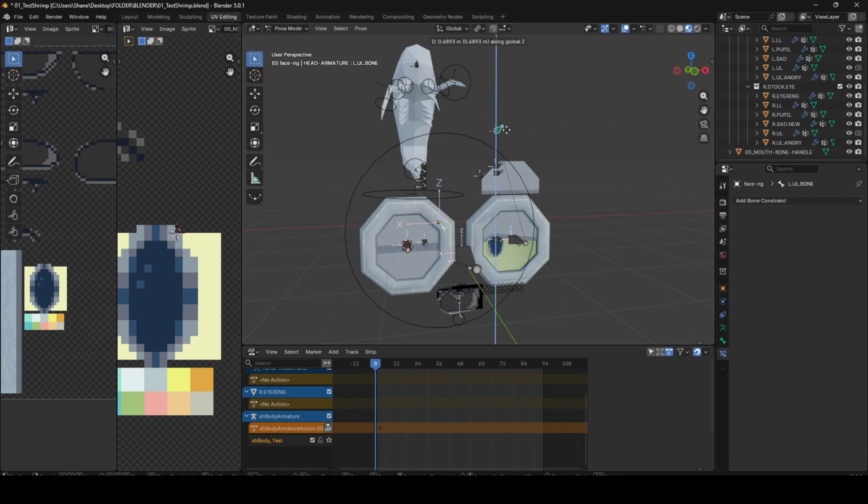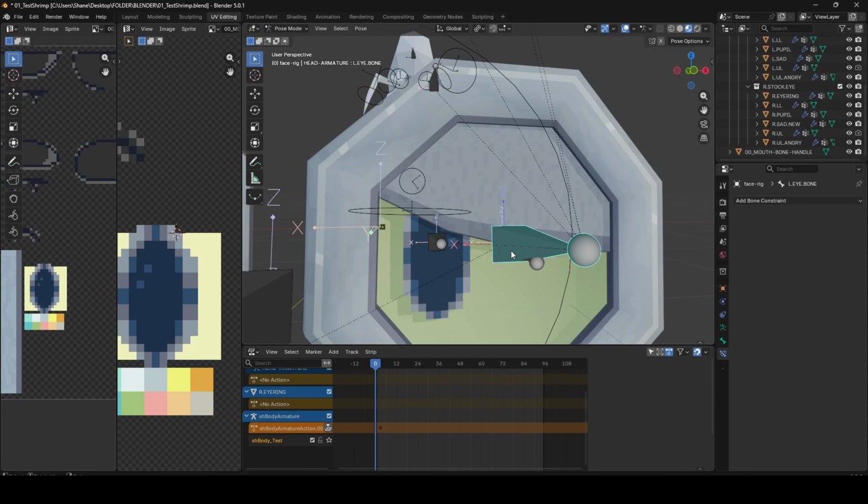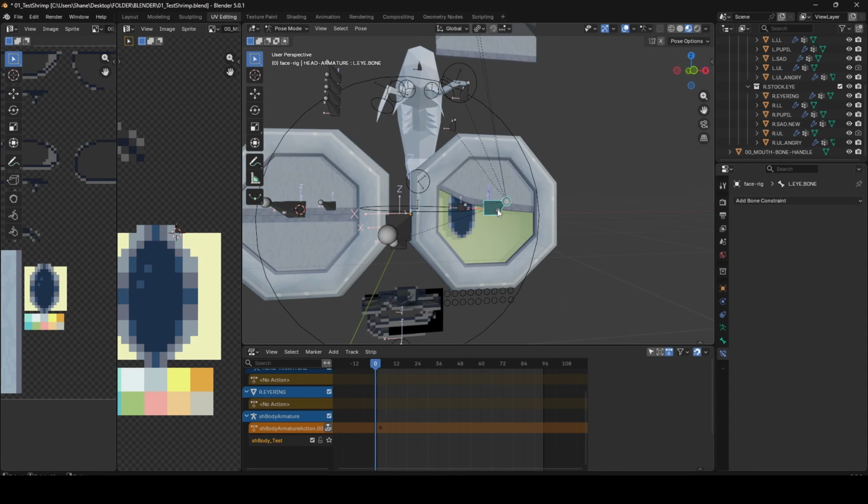So this is the neutral expression. But then I also have an angry brow and a sad brow. And then you can see the eyes here. Oops, that's not the eye. That's the entire eye. This is the pupil. The pupil isn't locked. I got too fast and loose with the modeling, which is why you see some shading issues on the inner